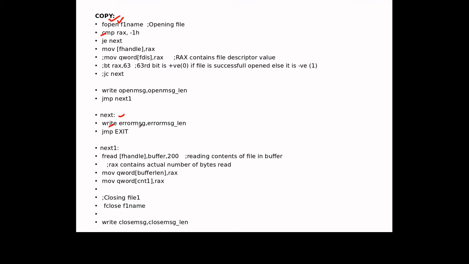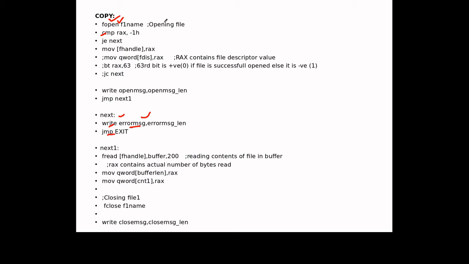So we are going to print the error message that there is an error in opening, and jump to exit there. If there is an error in opening, we cannot do the further process. So jump to the exit label. Okay, so this is the case for error.